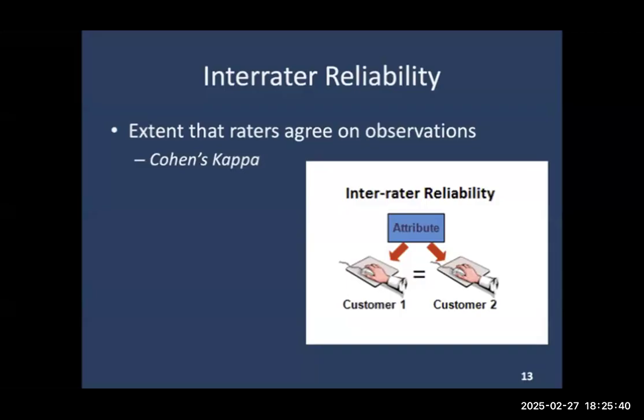Are there questions about reliability before we move on to validity? Could you have more examples of the different types of reliability? I'm trying to think. So,